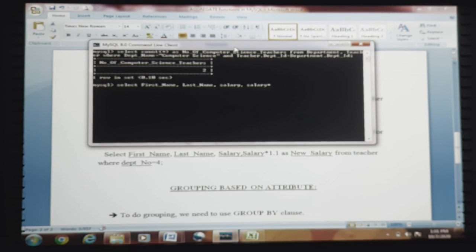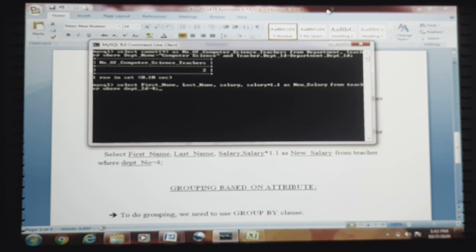Salary is getting multiplied: salary asterisk 1.1. 1.1 is simply the percentage value which we are going to use, as new_salary from teacher where department_ID equal to 4. So we need to write the name of the employee, his current salary and updated salary as new salary from teacher, where department ID equal to 4.